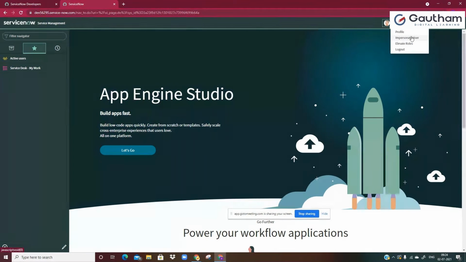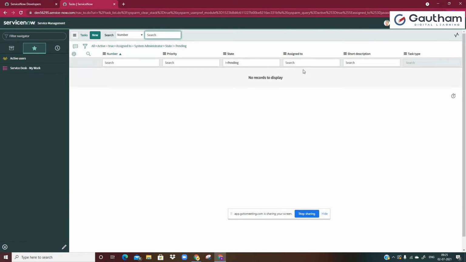Sometimes in organizations, they give this impersonator access to people who work in the service desk, because the service desk is one place where people reach out for their basic queries, right? So they'll say, oh look, my time settings are not correct, I cannot navigate to something, few basic things. Of course, ServiceNow admins or developers are the people who address issues, but since this is a tool,